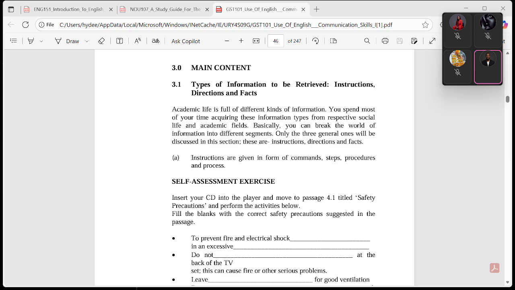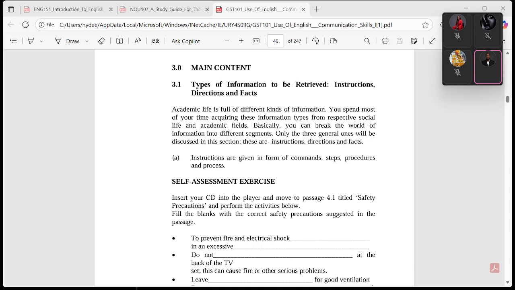What is the status? Code red, code blue, whatever they say in the army. I'm not so sure about the army and all that, so I don't really have much information, but you know what I mean. For those of you that have parents in the army, sometimes your father or your mom will be giving you commands. And then, secondly, steps and procedures. If you're science inclined or you're into accounting and the likes, you'll be given steps on how to run your account. You'll be taught all those procedures or processes for you to follow.